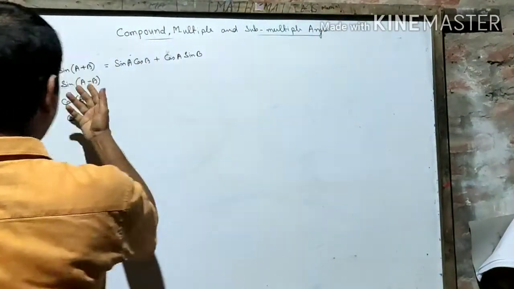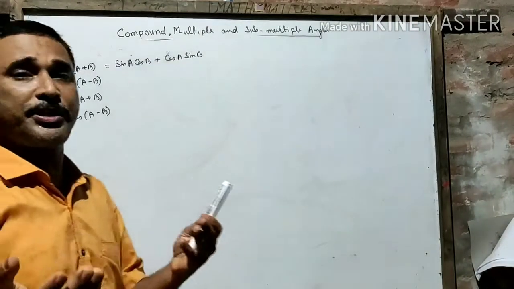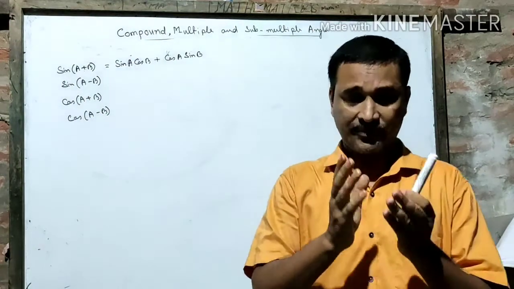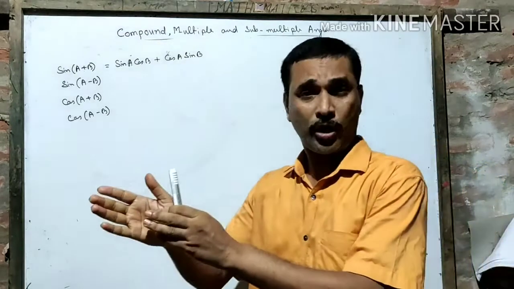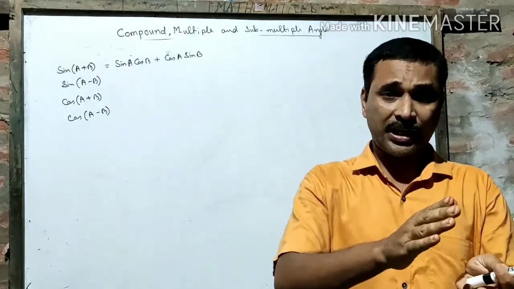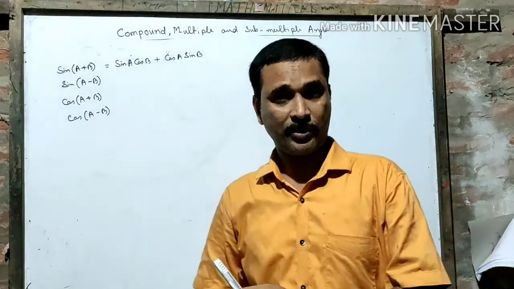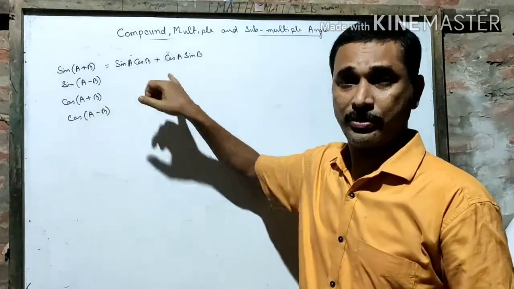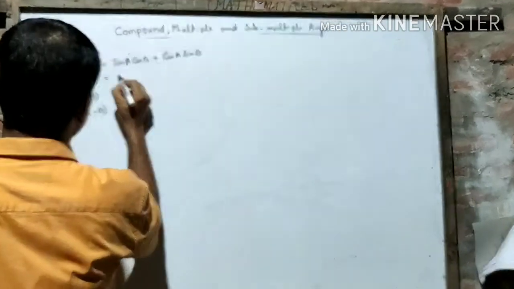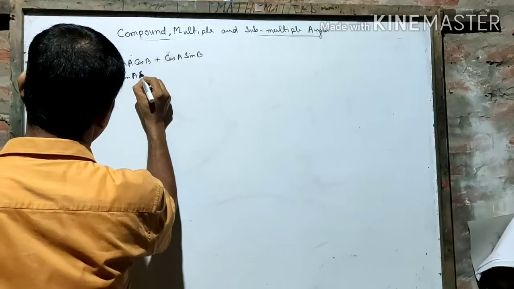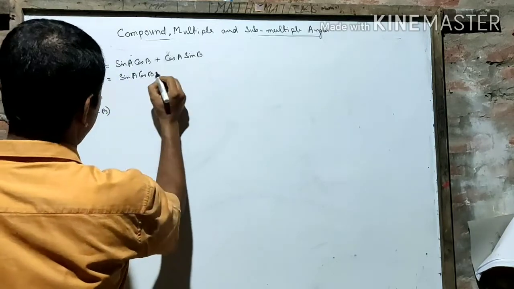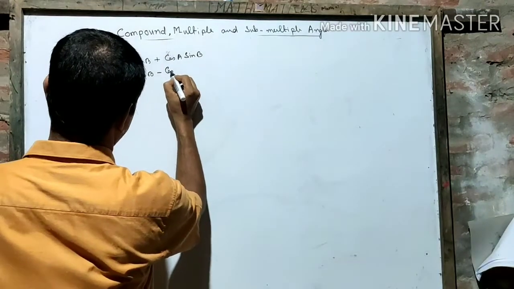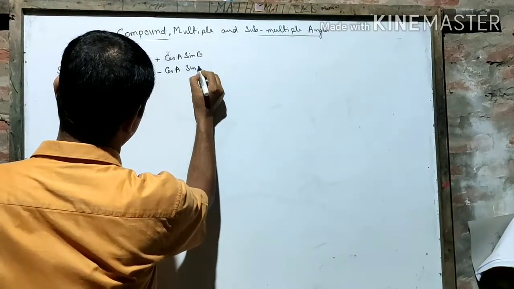Now what will be the case for A minus B? If I give A minus B to sine, what is he going to do? He will keep A and give B to cos. Then again he will give A to cos and keep B for himself. And when he sees A minus there, he gives minus in between. So the formula will be like this: sine A cos B minus, since he is a disciplined boy he keeps minus here, and then he gives A to cos and keeps B for himself.